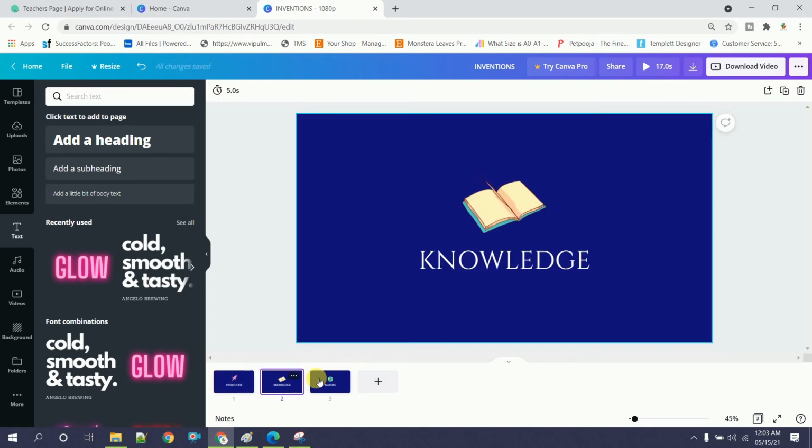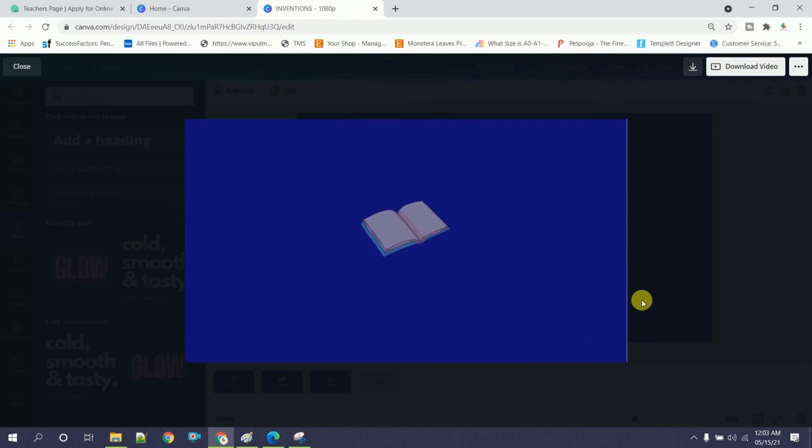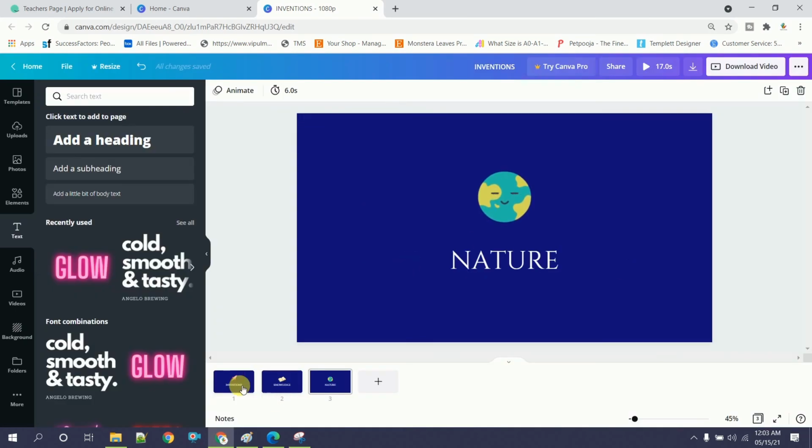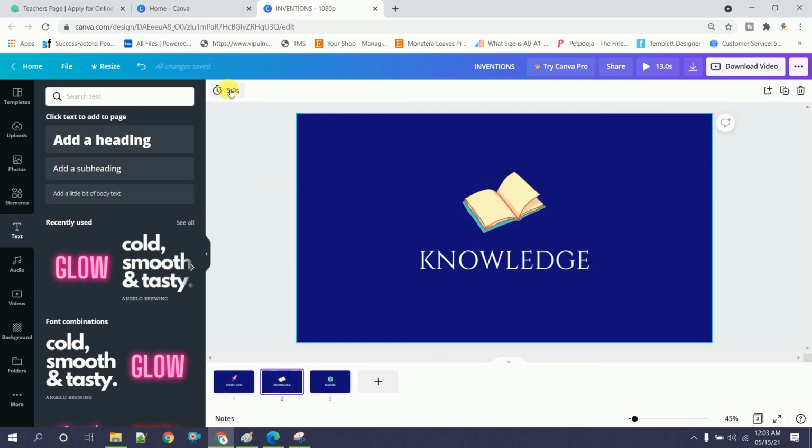Now the slides are ready, but you can see every template has a particular time frame for which it will play. So an intro of almost 5 to 6 seconds should be enough. As you can see, this intro is quite long, so we have to adjust the time limit of each slide accordingly. So I will be adjusting it to 2. I will make each slide 2 seconds, so that the entire intro will be 6 seconds, and I guess that should be enough.